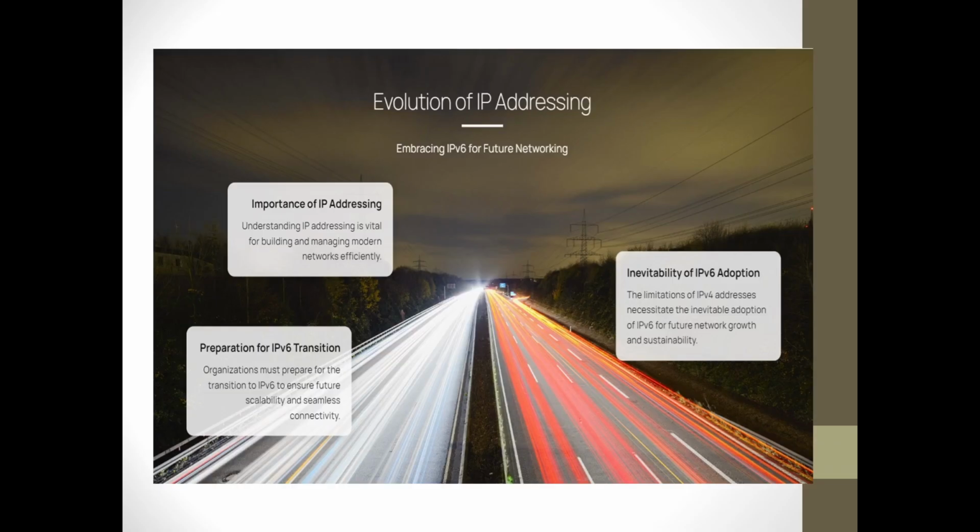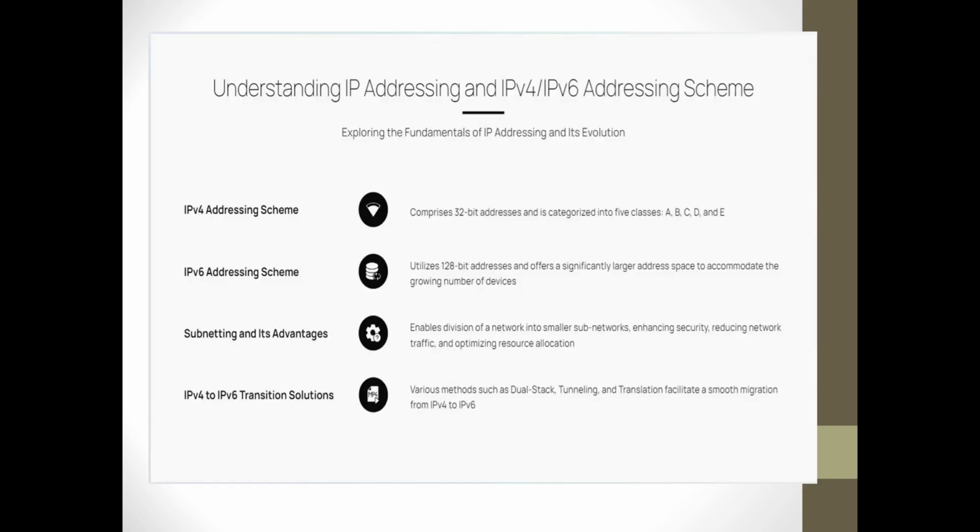The importance of IP addressing is vital for building and managing modern networks. It is increasing day by day with the demand for the IPv6 addressing scheme. Then these are the differences between IPv4 and IPv6 with subnetting and the advantages. For the transition from IPv4 to IPv6, various methods such as dual stack, tunneling, and translation facilitate smooth migration from IPv4 to IPv6